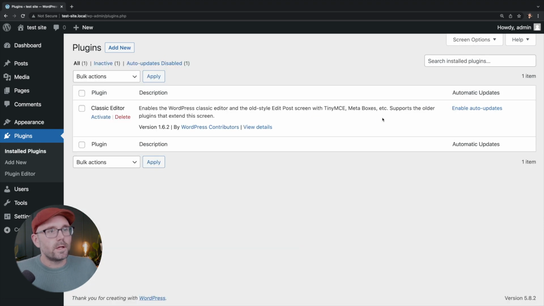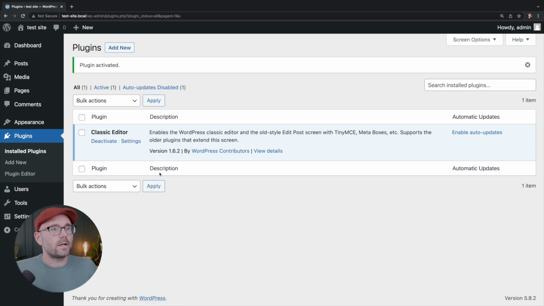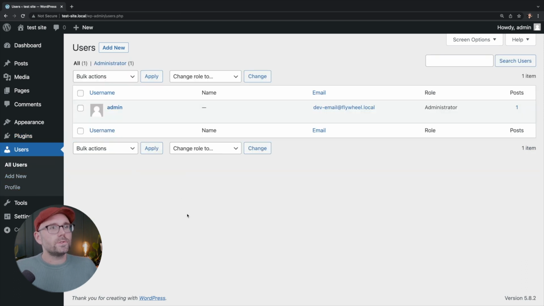This is the plugin we just installed. We can click Activate, good to go. Then we've got users, so we can add multiple users to our WordPress site and allow people to log in as administrators and change content, moderate content, add content. We can also allow users with non-admin privileges to be able to view maybe private content and other things